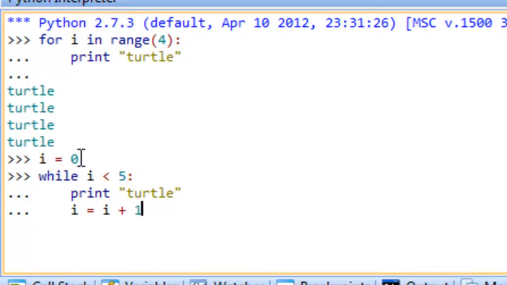So i is initially 0. Here we'd increment it to 1, and then we'd say is 1 less than 5. And then we print out turtle. So you can see that we keep going through this. So in this particular case, we would end up printing out turtle 5 times because we start i at the